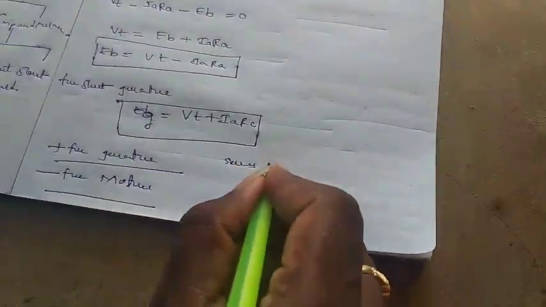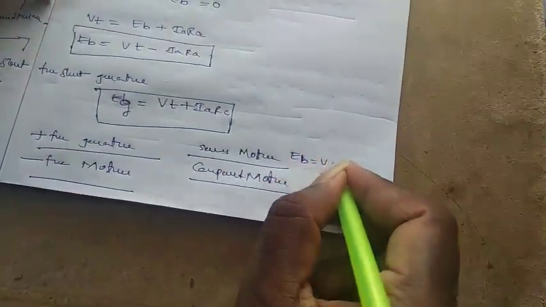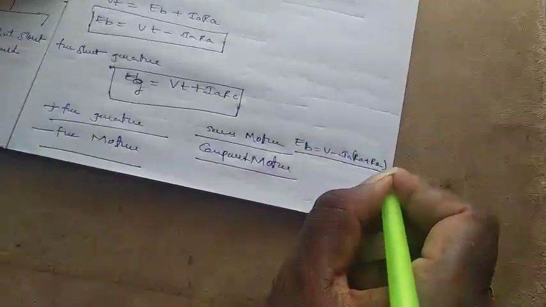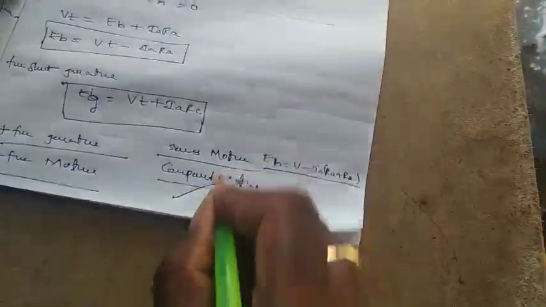So please prepare the EMF equations for the series motor and compound motor. There is no difference. Draw it with the input as electrical energy, not connected to the load, and the current direction changes, and put the voltage equation. So we only get the negative symbol. What we get is EB equals V minus IA times RA plus RSC. So finally we can get this equation. All of you derive this equation. If you have any doubt, please ask me. For the compound motor also, it is the same.